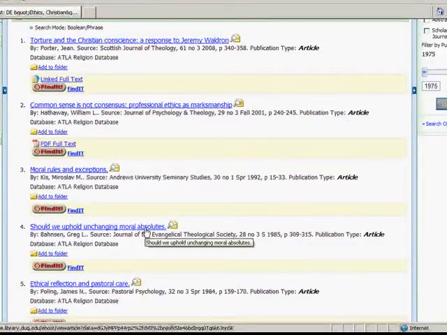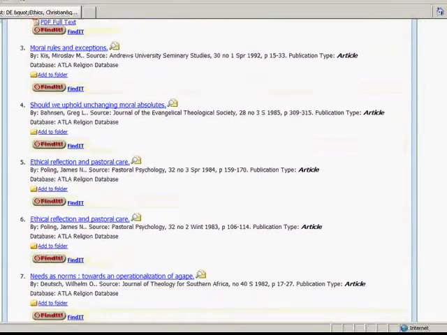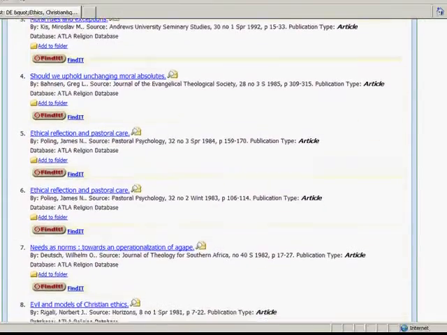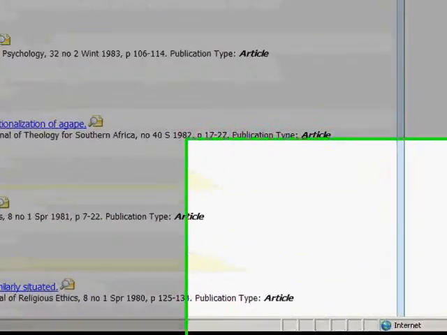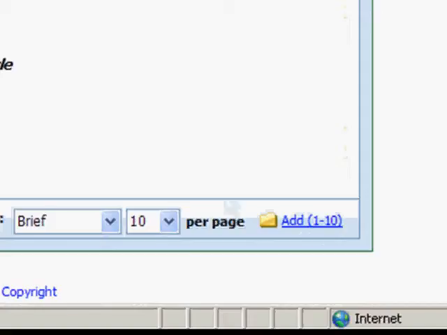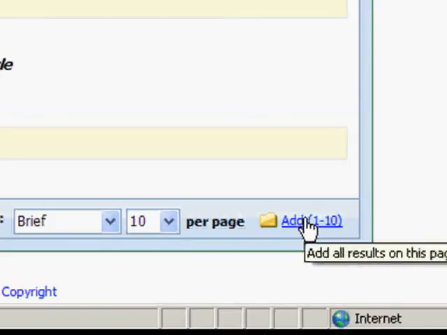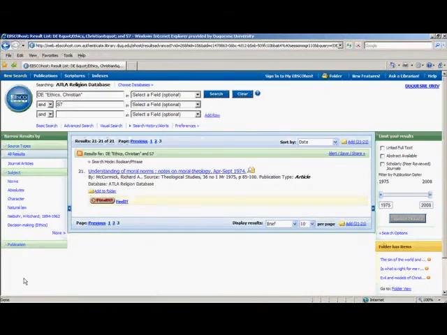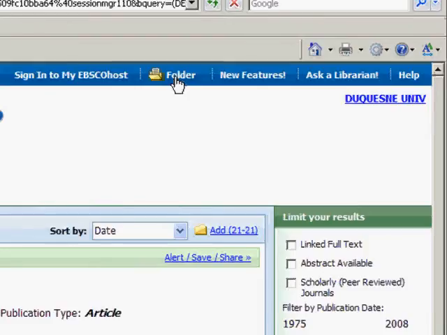We've got a nice long list of article resources that we can use. Going over the list of articles in the results, I can see that I'd like to add all of them to my folder. In the bottom right-hand corner of the screen is an option to do just that. It says Add 1 through 10. I'm going to click on it, and then to get to my folder, I'll go to the top right-hand corner